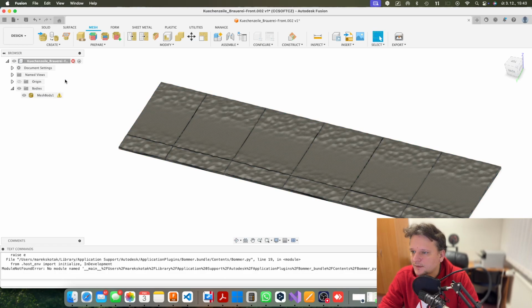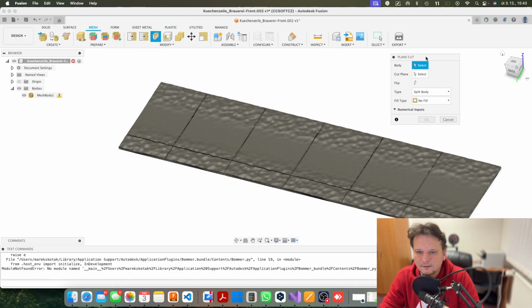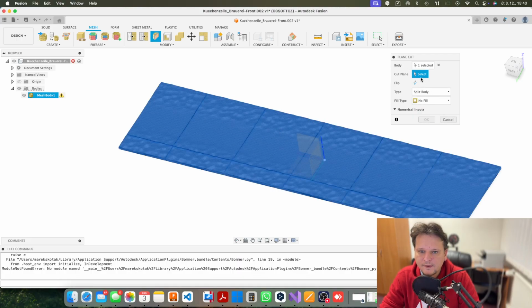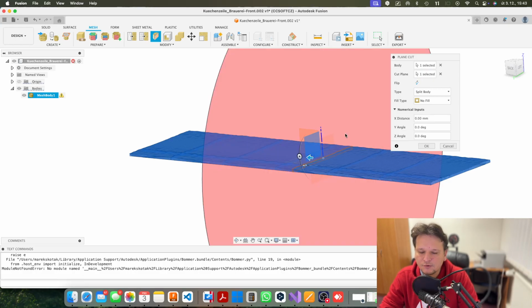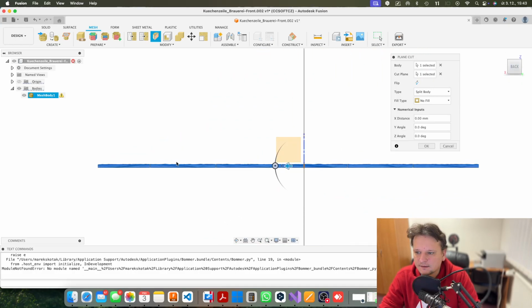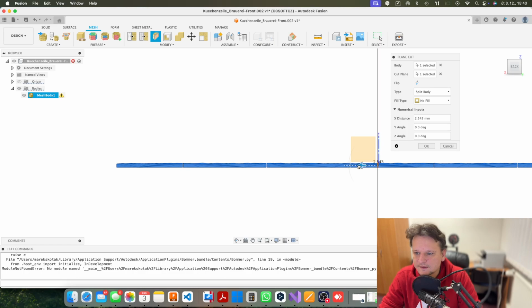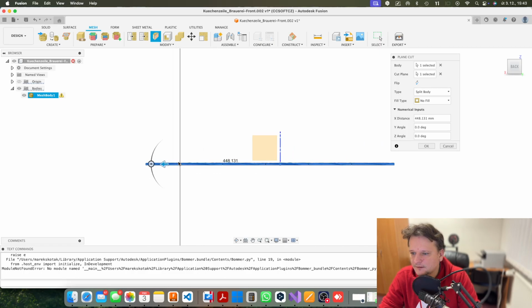So we have a mesh body, and in Fusion we will switch to the mesh section. So we are there, and there we have a function which is the plane cut. If we open it, we will select the body, and now we can select the cut plane. We can create a new plane, or we can use the predefined plane. So I will now use the predefined plane, and now we can move this cutting plane,